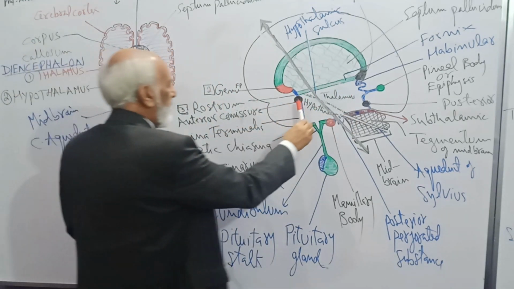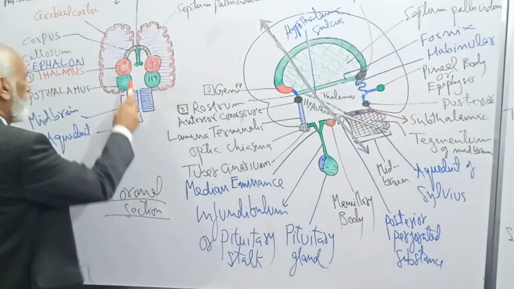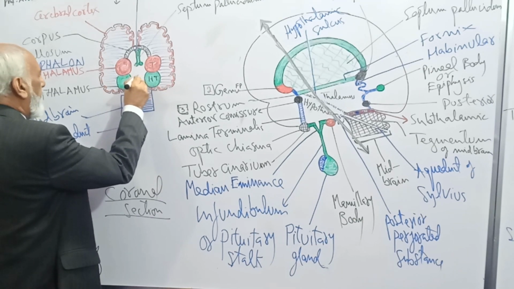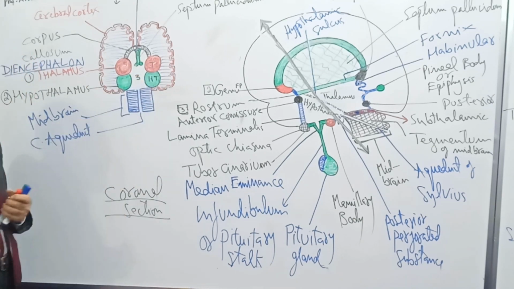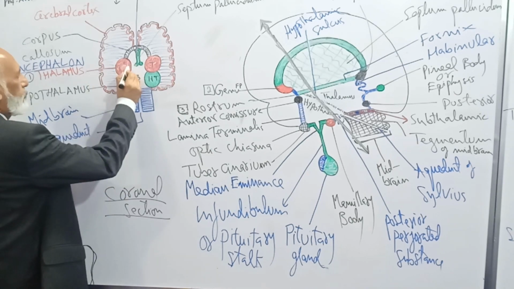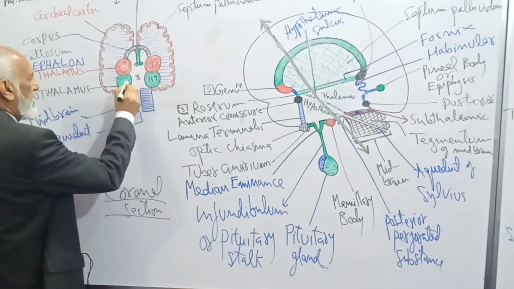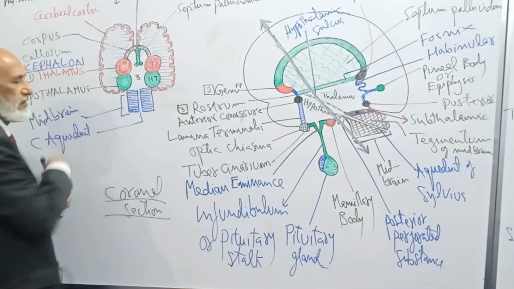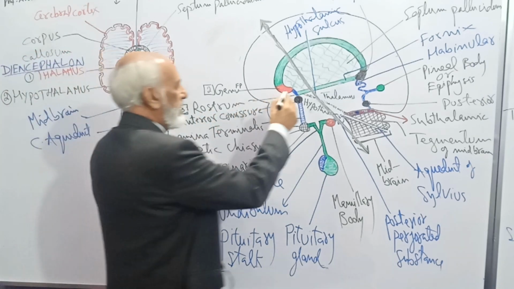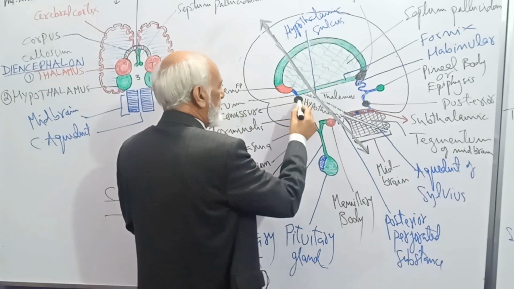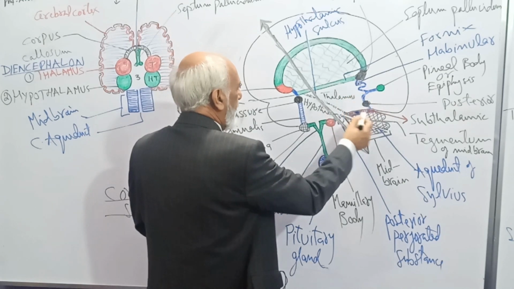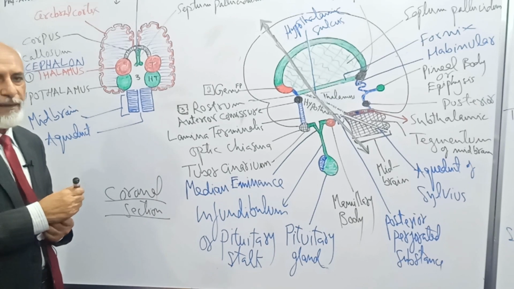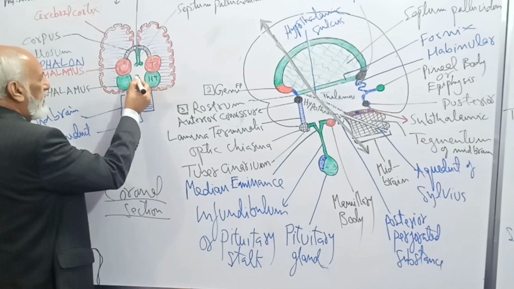Now, in this diagram, you can't see the third ventricle. Can you see this is third ventricle? This is third ventricle. Can you see this is the roof of the third ventricle? Right lateral wall of the third ventricle, left lateral wall of the third ventricle, and floor of the third ventricle. Here in this view again, roof of the third ventricle, anterior wall, posterior wall and floor. In this diagram, anterior and posterior wall cannot be shown. But here can you see this is cavity of the third ventricle.